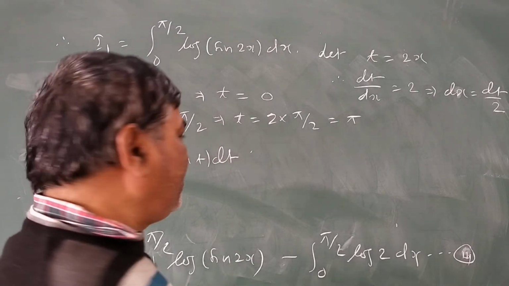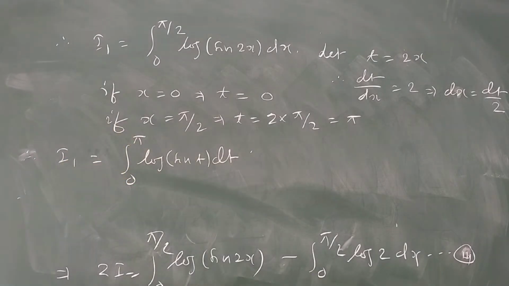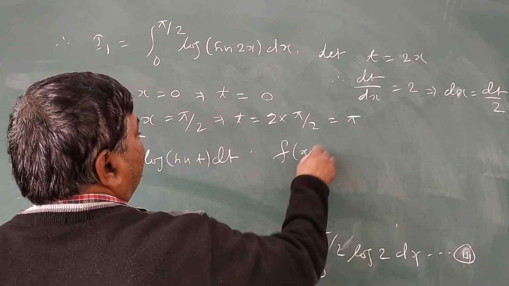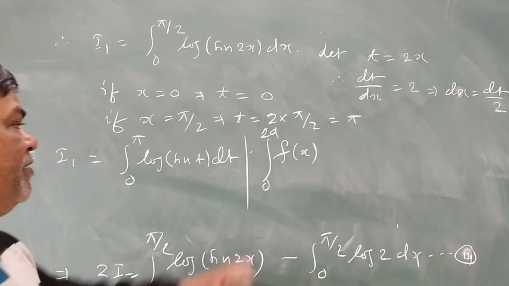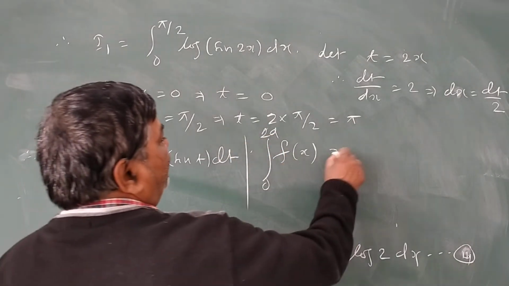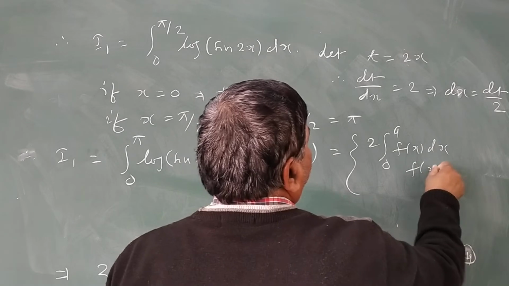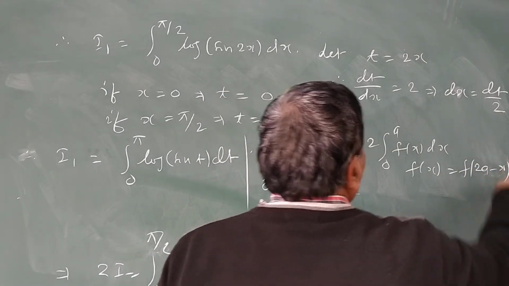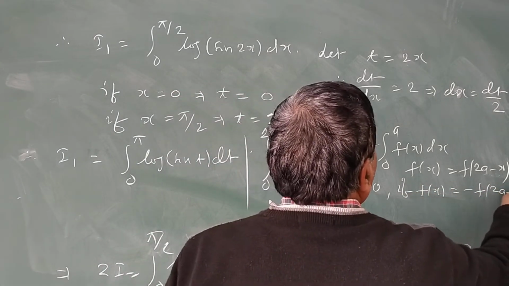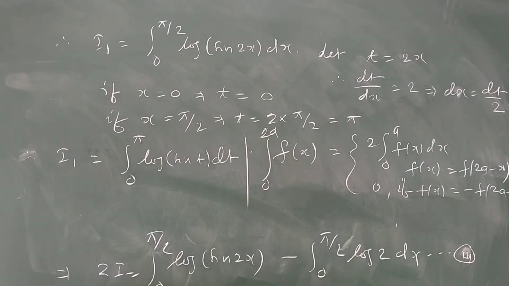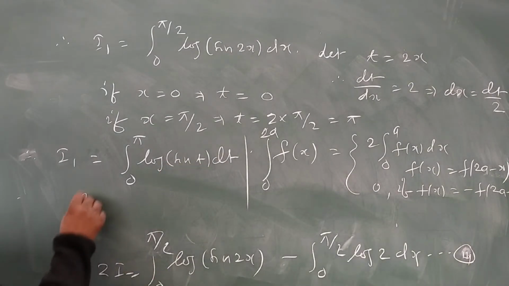Now जब आप इस मोड़ पर पहुंच जाते हैं, यहाँ पर अगर पाई मिल जाता है, तो इसका मतलब है कि आपको इस फॉर्मूला पे चलना होगा 0 to 2a और 0 to a. यहाँ पर हम लोग चलेंगे 0 to 2a में, और ये प्रॉपर्टी आप जानते हैं, this is twice of 0 to a f(x) dx if f(x) is equal to f(2a minus x), and this is 0 if f(x) is equal to minus f(2a minus x). अगर आप इस प्रॉपर्टी को देखेंगे तो यहाँ जो sin t है, this is f(x), so what is f(t)?